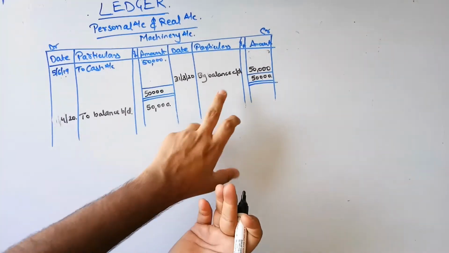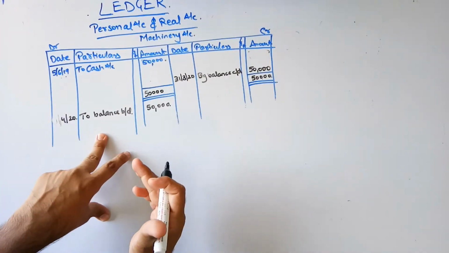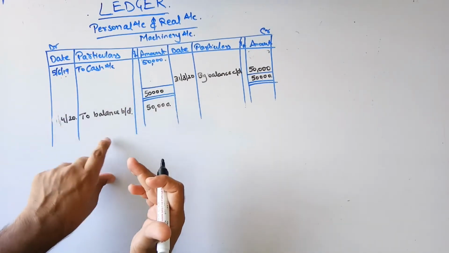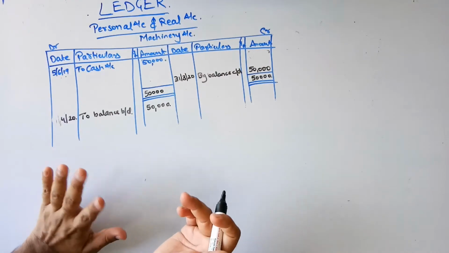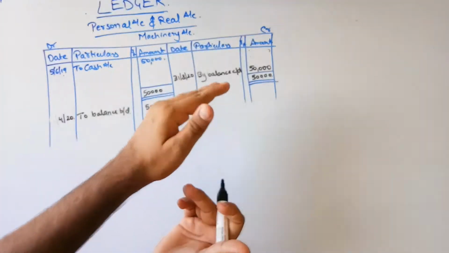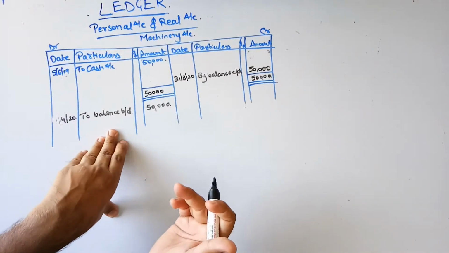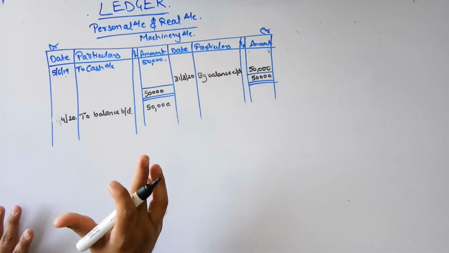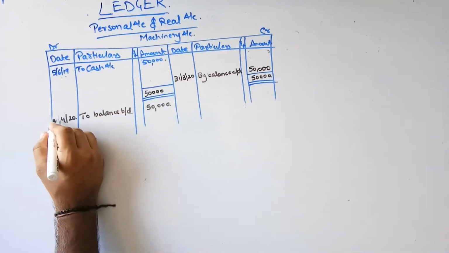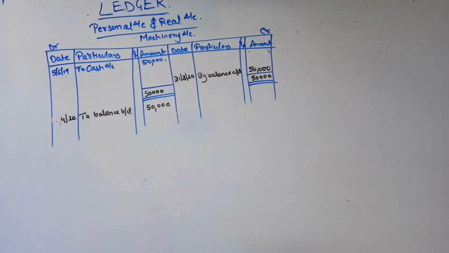That is why, when on the last day we closed this account, we again brought the balance down on the debit side, as it was over here. The same way we got it back over here on the debit side, not on the credit side. The credit side is only to close. We closed it, and we got the balance again on the debit side, which is 50,000 rupees. Okay guys, any doubts over here? Okay, so over here we get, on the 1st of April, To Balance Brought Down 50,000 rupees.